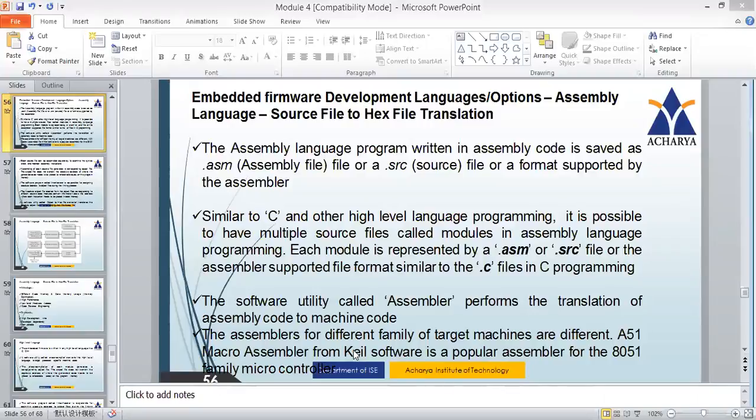Here in our labs we are using Keil software, and we make use of NXP. In the lab you would have seen that is for ARM. Keil is a general software, so we have to choose which processor we are going to use it for. If it is for 8051, we have to choose a different assembler. If it is ARM, we have to choose a different assembler. All these things you would have seen in the lab working of Keil software. Now let's see the next slide.